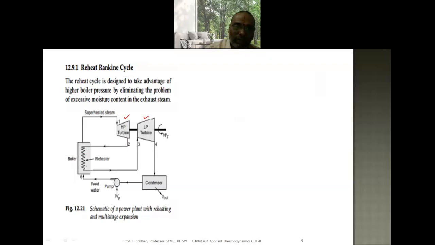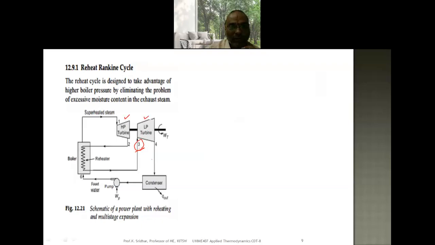In this boiler, we have the reheat tubes. This is at constant pressure, because constant pressure heating is taking place in the boiler. At constant pressure, we are able to increase the temperature of this superheated steam, and once again this superheated steam is sent back to the LP turbine. At point number 3, the steam entering the LP turbine is assured to be free from any wet particles, so that the life of the turbine and the turbine blades will not be damaged. We have to ensure that whenever the superheated steam enters the LP turbine at point number 3.